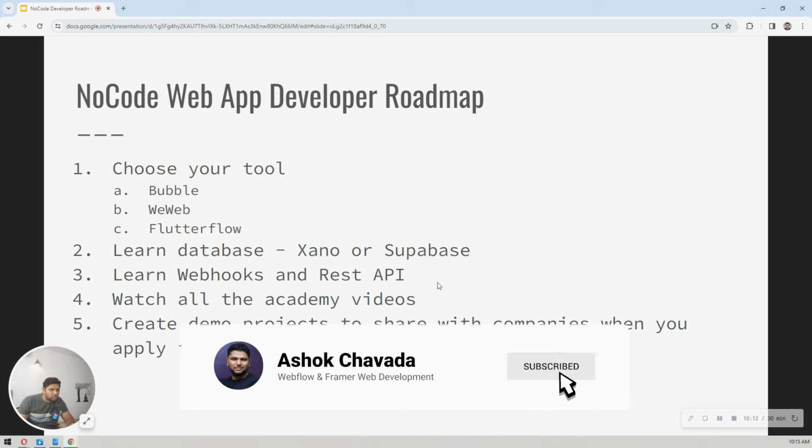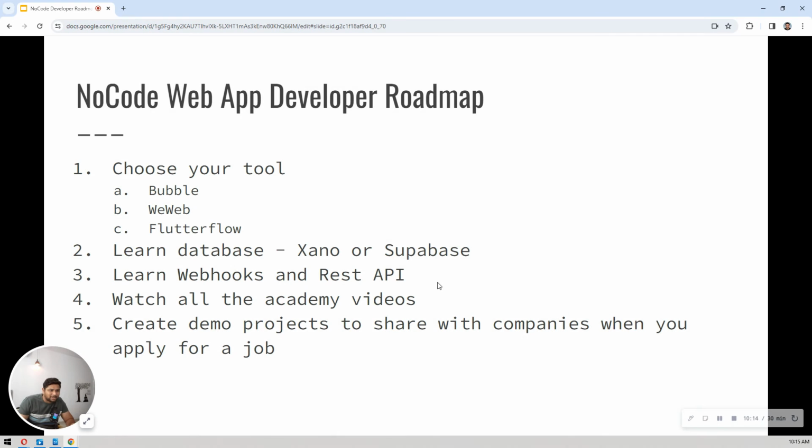I'm not sure if you know any tools like PostgreSQL, right? Those kinds, let's say XAMPP and all these databases, where you can use SQL, MySQL, all these databases like that. You have Xano and Supabase. They're no-code tools. You can use them and integrate their APIs with Bubble or WeWeb to create functional and advanced websites without writing code.